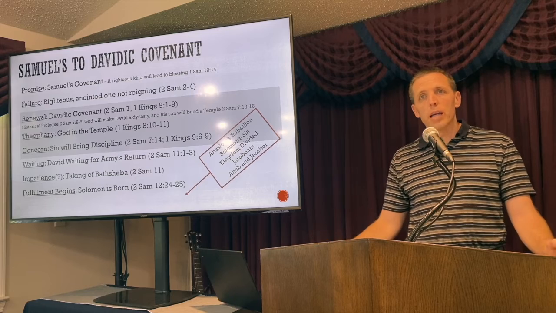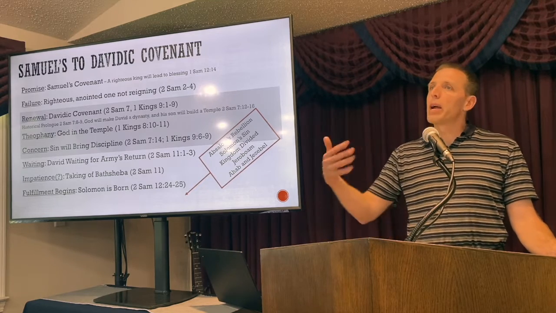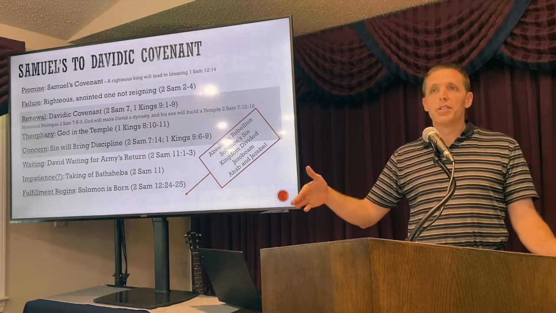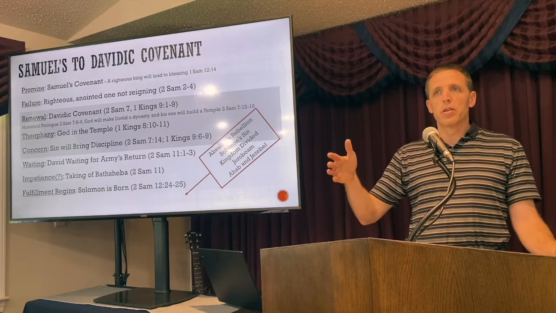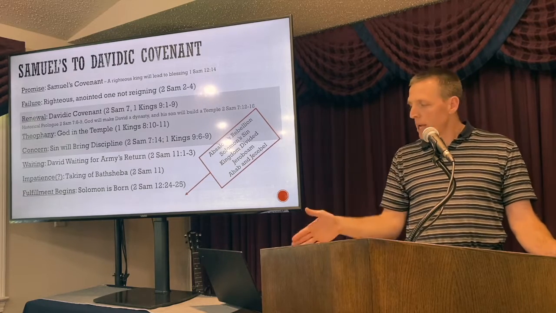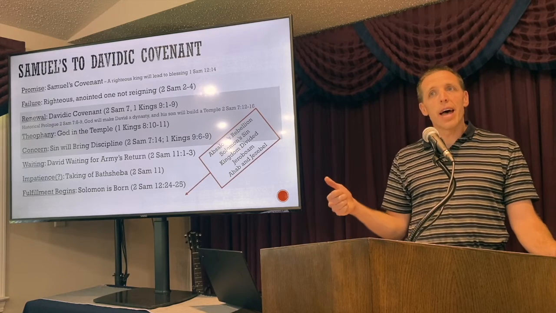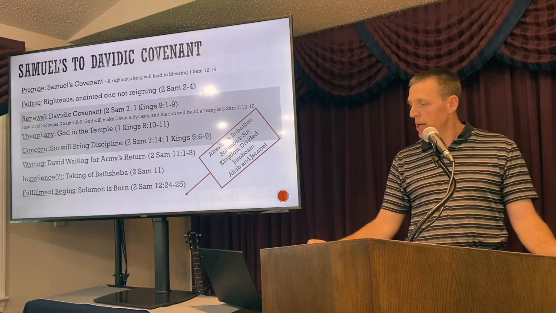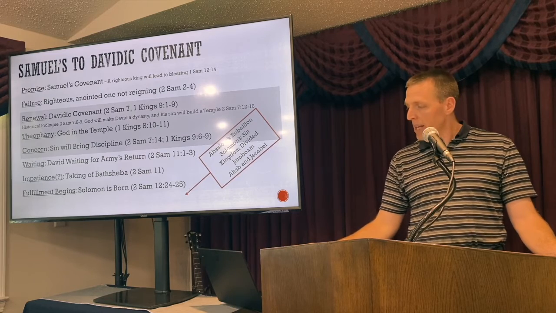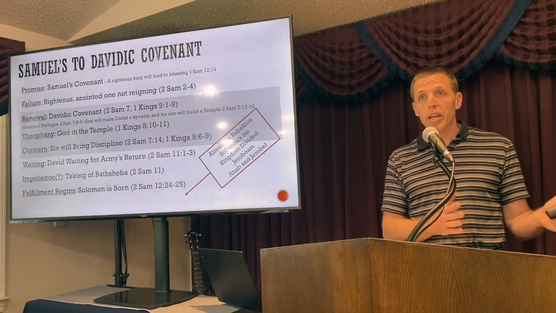We go a long way before, if you remember the other ones. Abraham, remember, it recorded his death right after that, or Moses, the sons of Aaron. It was pretty close, but here we have a pretty large gap after the beginning of fulfillment. You've got, in that time period, Absalom's rebellion. You've got Solomon's sin and the dividing of the kingdom. You've got Jeroboam and all that came there.